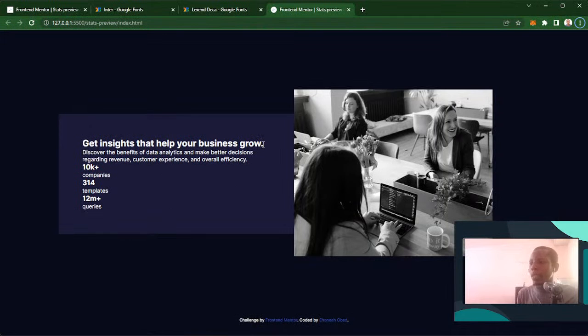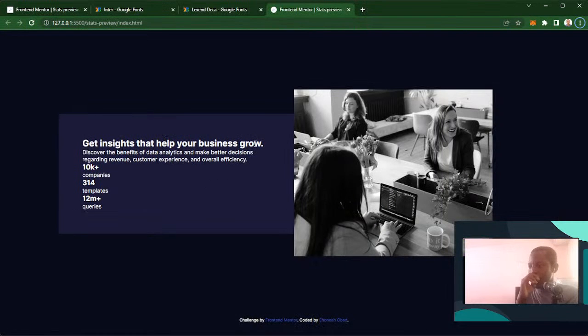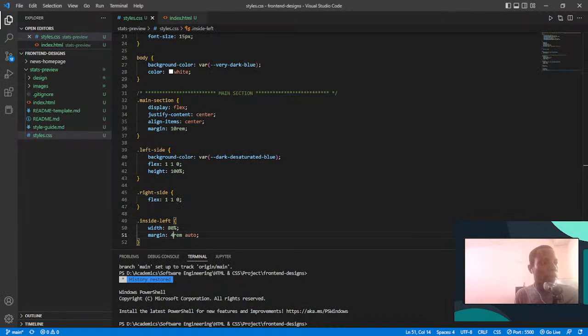Then we can see that from this design, the heading is bigger in size, so we need to increase the size of this heading as well. And this heading, the tag in here,